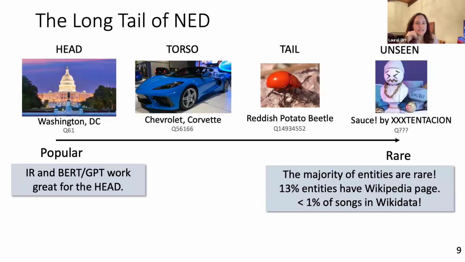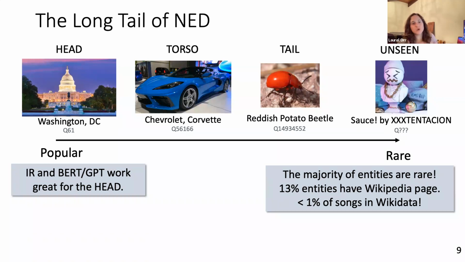Now, these entities lie on a spectrum of popularity, which we think of in terms of four groups. The most popular entities are what we call head entities. These are ones that appear very frequently in the training data, like Washington, D.C. or Abraham Lincoln, which is a fairly popular entity. There's a lot of textual data associated with these entities, meaning that existing information retrieval methods or language model based baseline NED systems are going to do really well, because just by memorizing textual cues, you're going to be able to disambiguate these entities.